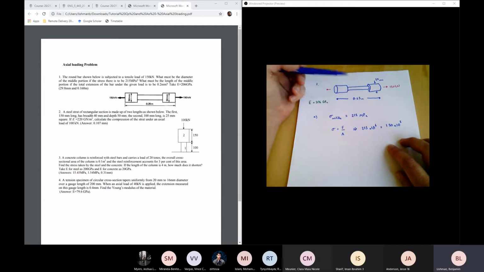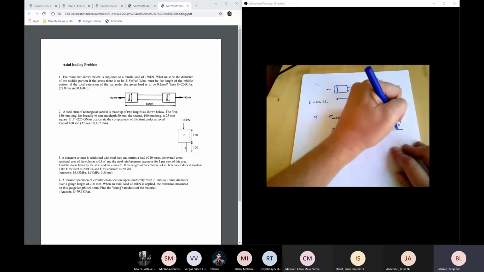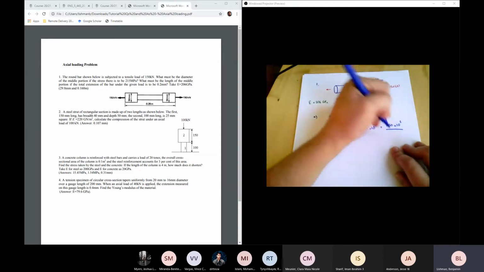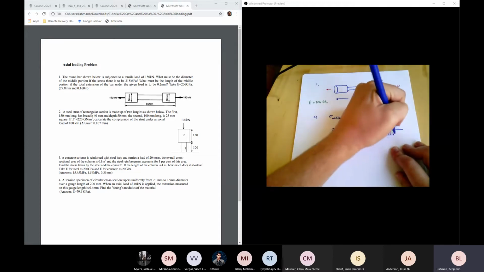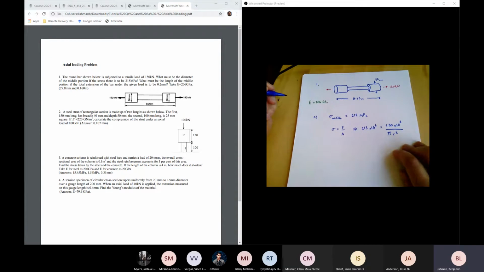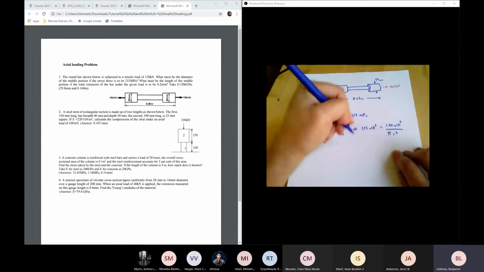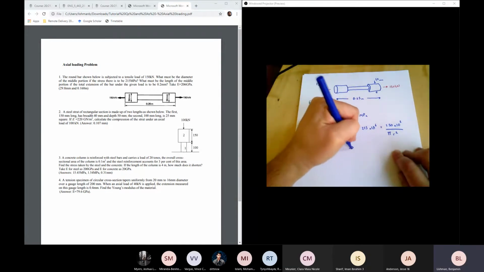So again, I don't think you have to justify that. I think you can just write it down, but it can be justified if we need to. And then the area is going to be pi r squared. And rearranging that,